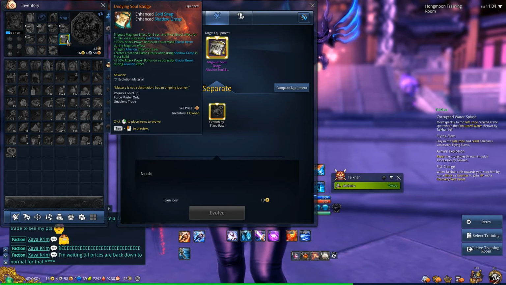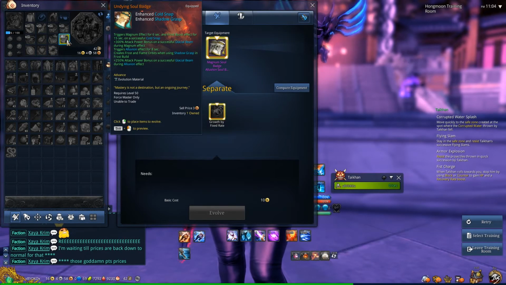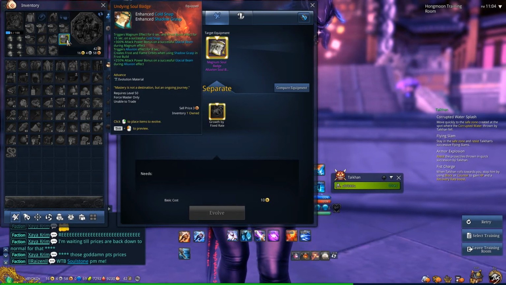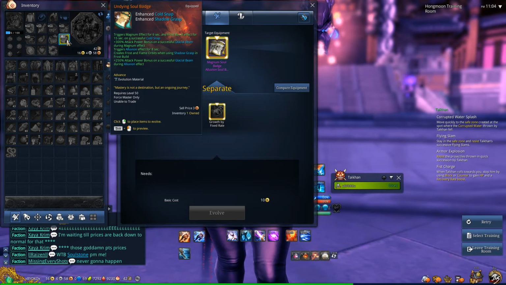Now with the other Soul Badge, the Avalon Soul Badge, it'll trigger Avalon effect for 8 seconds, creates Frost Orbs and Flame Orbs when using Shadow Grasp and Frost Build. 250 attack power bonus on a successful Glacial Beam during Avalon effect. So what'll trigger the Avalon effect will be Shadow Grasp. When you use Shadow Grasp, regardless of where the enemy is, you're going to get an additional 250 attack power bonus